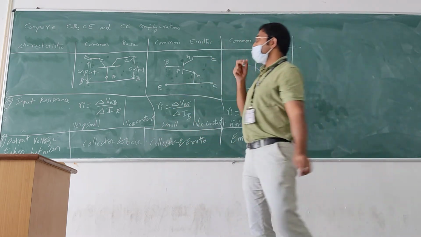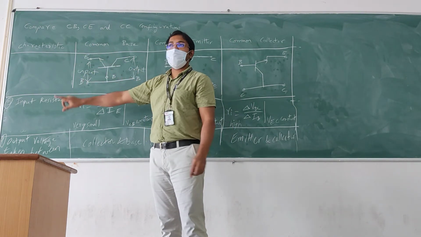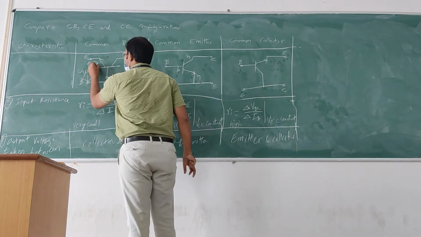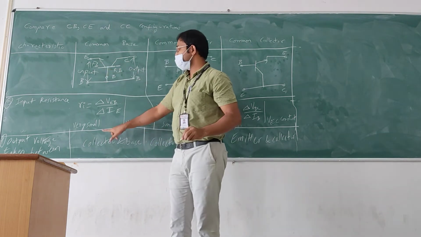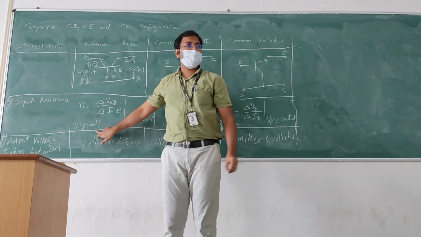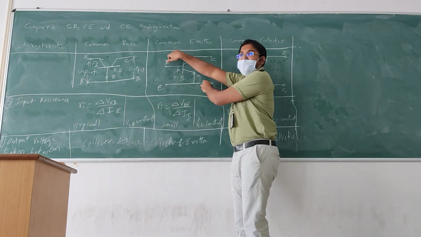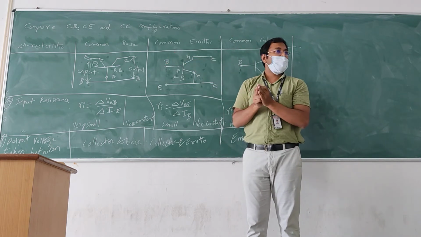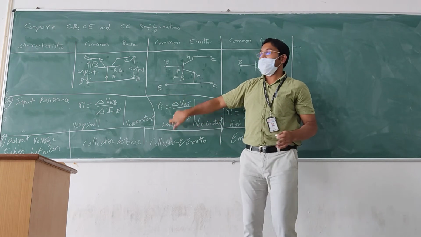Once again I am explaining here. We are considering input resistance, this junction forward bias, this junction reverse bias. Forward bias directly across forward bias resistance, so very small. Forward bias, but base cannot take much current, because it is lightly doped and thin. So resistance will be small but not very small.